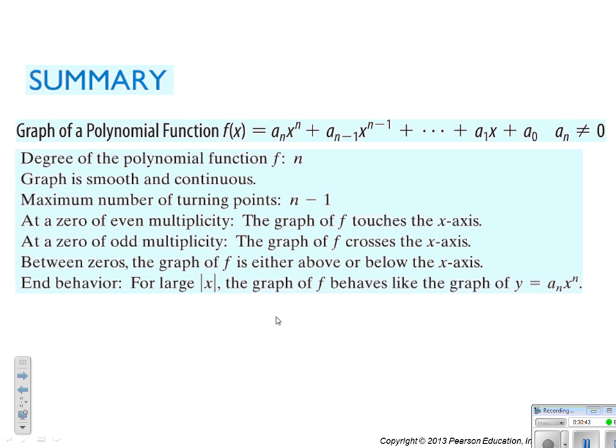Oh, that was fun. All right. To summarize, graphing a polynomial: the degree of the polynomial is your highest exponent. The graph is smooth and continuous. Maximum number of turning points is your degree minus 1. Even multiplicity, it touches the x-axis. Odd multiplicity, it crosses. The end behavior is most like the first